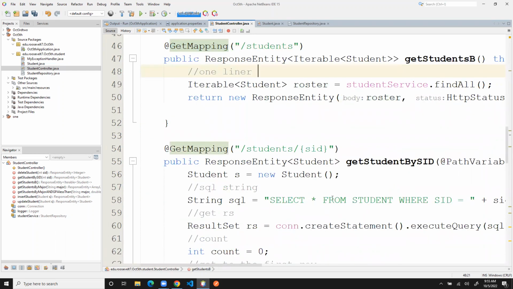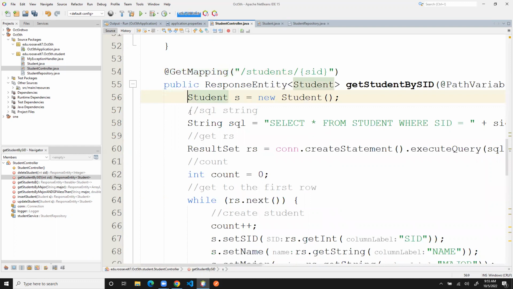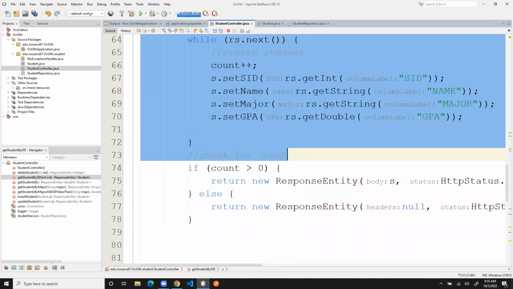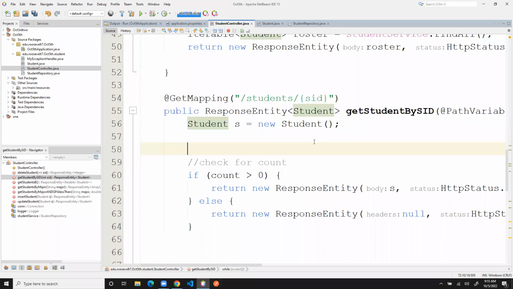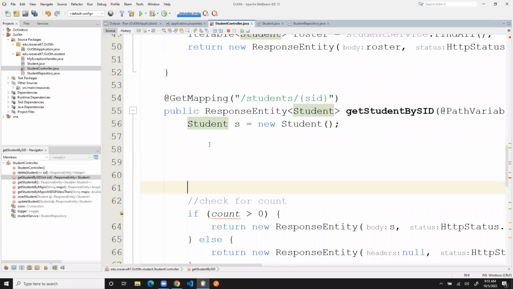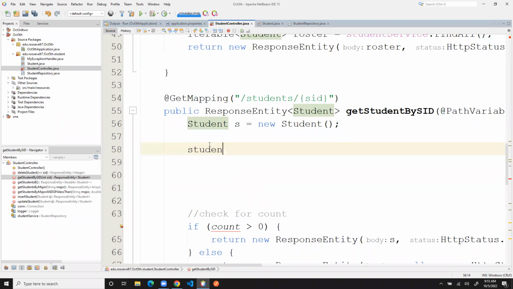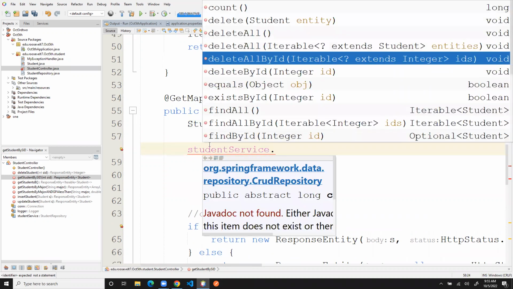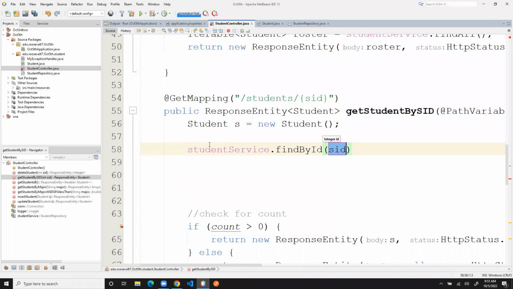All right, this one is not trivial. So this is the one I want to talk about a little bit. Yeah, this is going to blow up no matter what I do. So I want to leave that there. Okay, so we know we're going to return a student, but now we have a problem. Student service dot find by ID. We have something called optional student. You're like, what the frick is that? Optional student